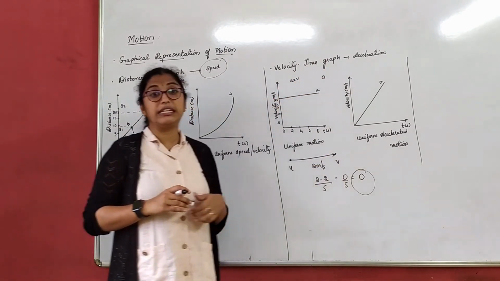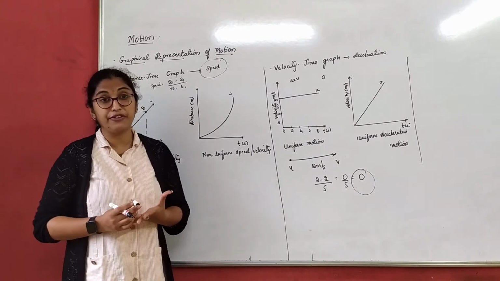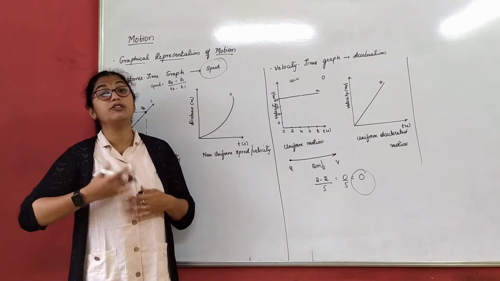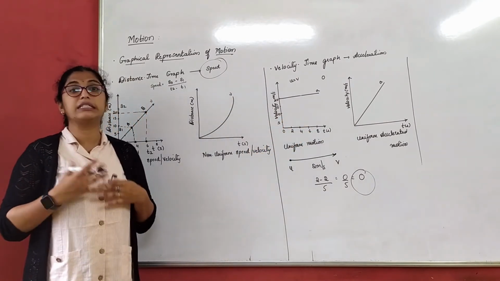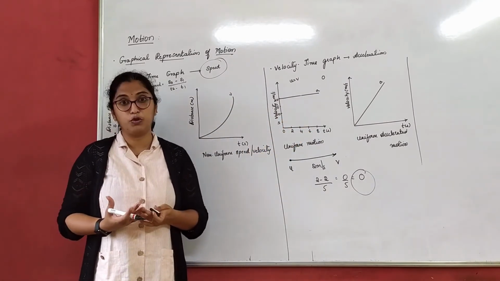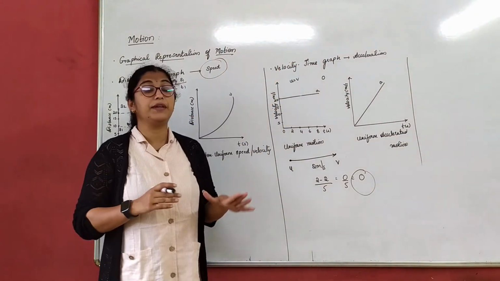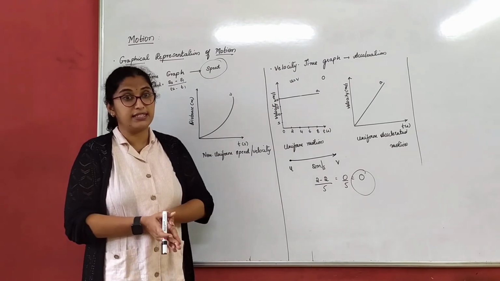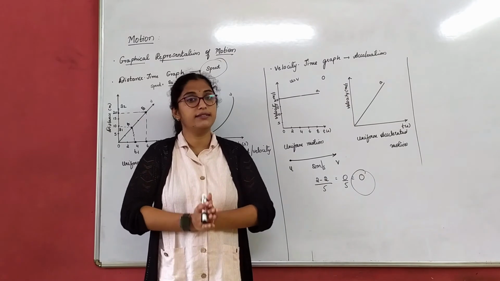From the velocity time graph, we can also find distance, right? But how do we find it? We'll deal with that in the numericals part, because if I teach you now without any numericals, that will again lead to confusion. As we discussed, in the velocity time graph we can also find distance, but we will deal with that once we start the numericals in the regular class.